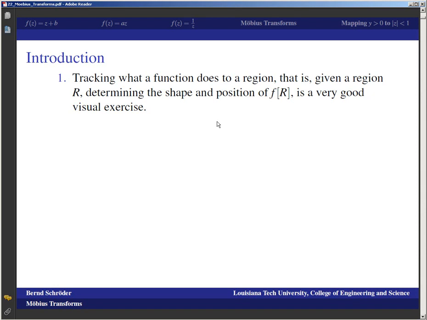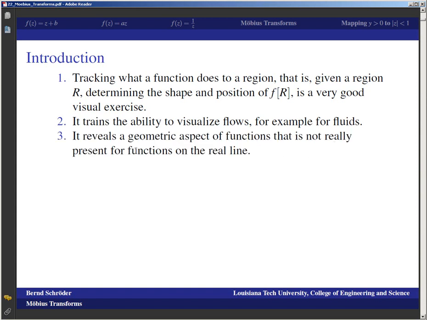It allows you to really determine how a shape is being deformed by a transformation. It trains the ability, therefore, to visualize flows, for example, for fluids. It reveals the geometric aspect of functions that is not really present for functions on the real line, and that's because the real line is one-dimensional. You take an interval, you stick it into a differentiable function, you get an interval back, and that's it. Here